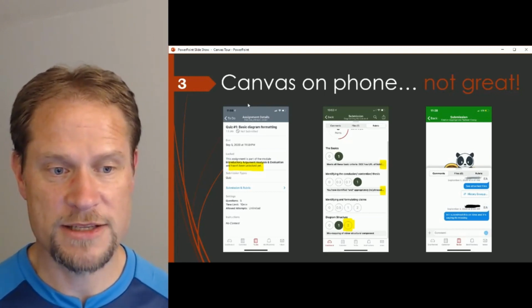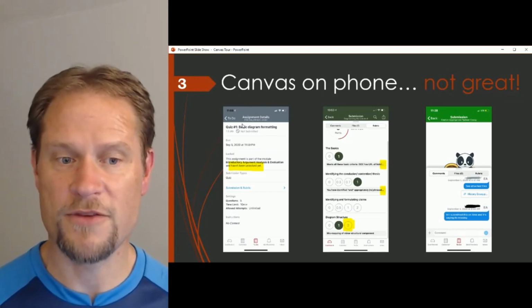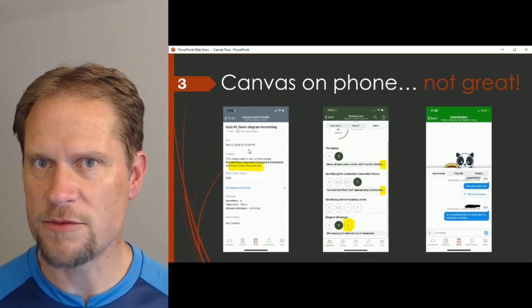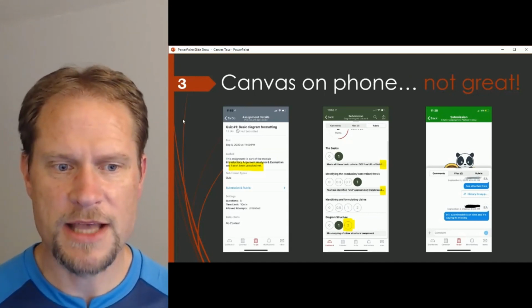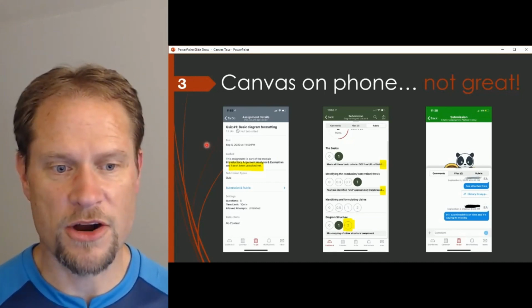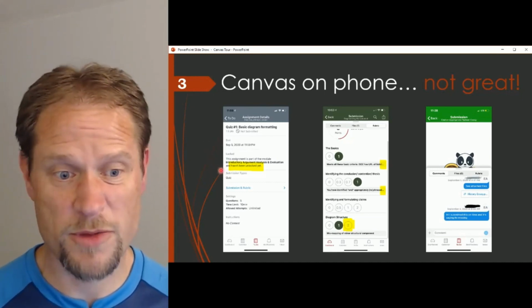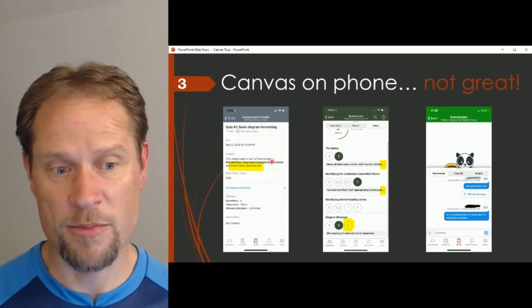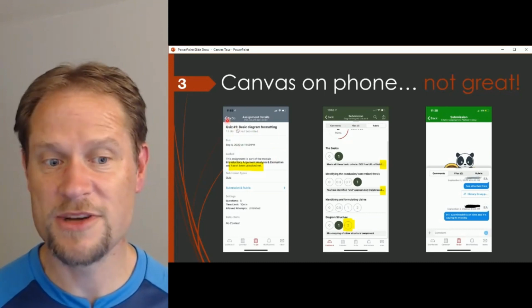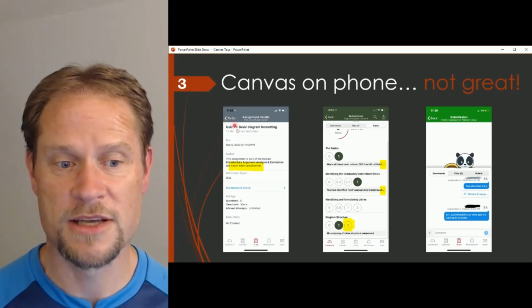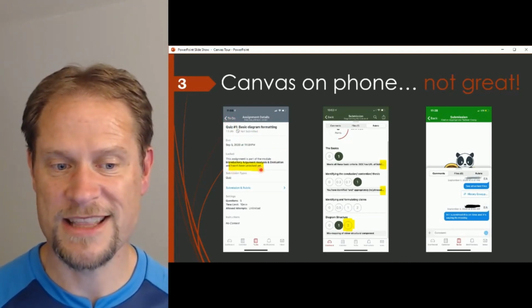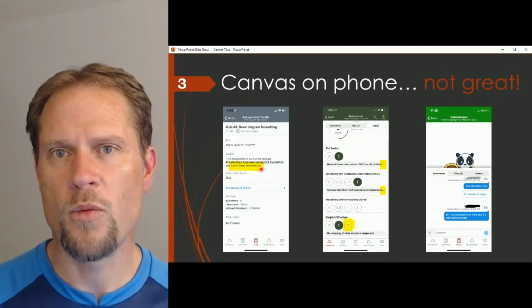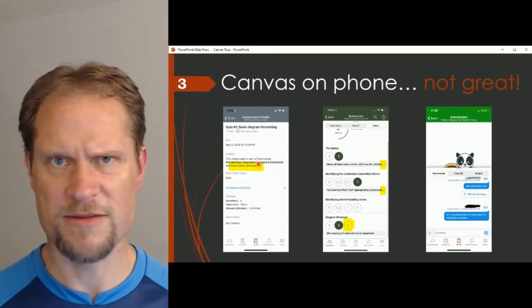The first one is that when you navigate through things on your phone, partly because of my weird course design with modules, of course some things aren't unlocked because you haven't worked through modules. But on the phone, when you look at a particular assignment that you might be interested in doing because you clicked through from your to-do list, it's basically just going to say this hasn't been unlocked yet, but it's not going to tell you what would unlock it. So you might feel a little bit